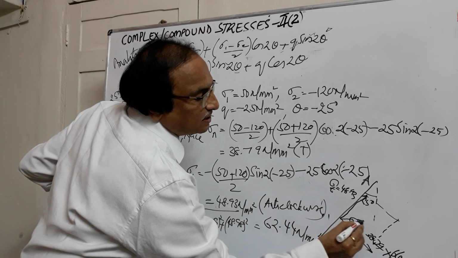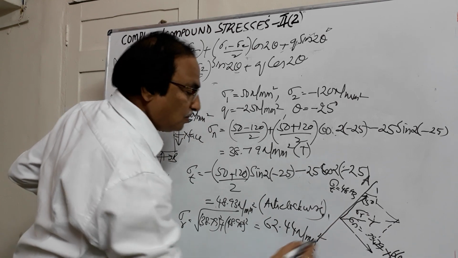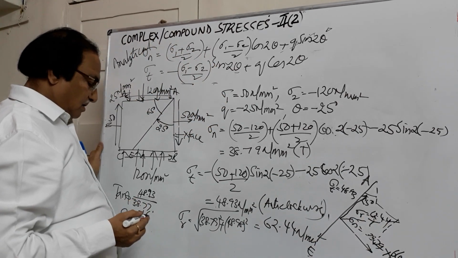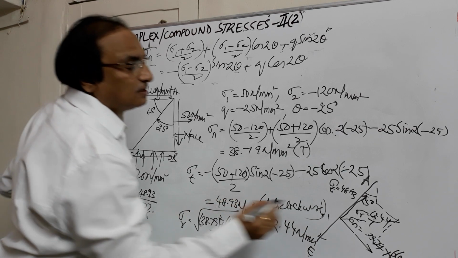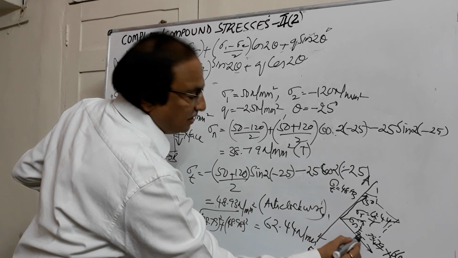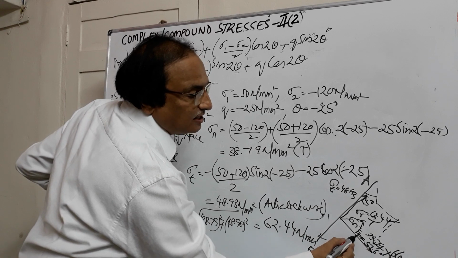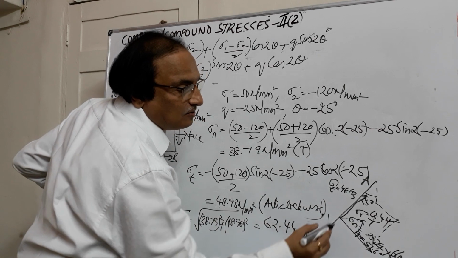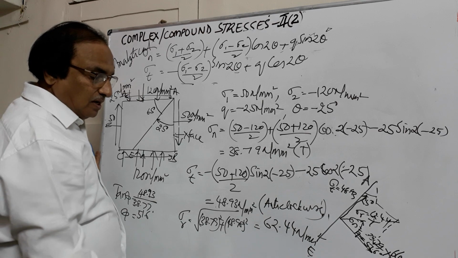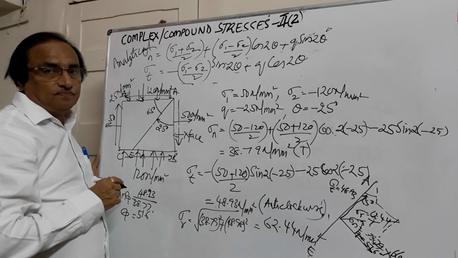this will represent the resultant stress, sigma r, and sigma r is equal to 62.44, and the angle phi is 51.6. So this angle with the vertical, this angle is phi, is equal to 51.6 degrees. This angle phi is positive, so we are measuring in anti-clockwise direction with the normal. So this is the figure that you will have to show. Now based upon this, you can try to draw the Mohr circle by using the sign convention.